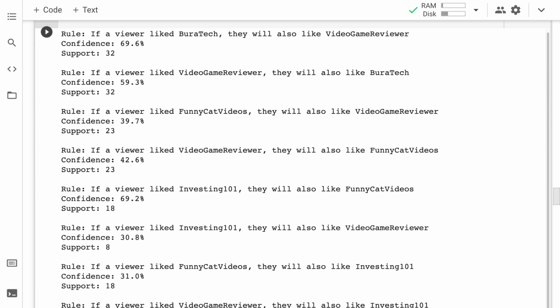And then we're going to use that data set to get insights and mine conclusions from that data set. So we're going to find out what viewers like what channels, and is there a correlation between channels that viewers like? For example, if a viewer likes funny cat videos, does that mean we should recommend them Investing 101, or should we not? What are they likely to watch next? And in this way, we're going to have a project where we'll be able to take any new viewer and we'll be able to know what to recommend them. Even if all we know is that they like funny cat videos, we're going to know what channel we should recommend them next.